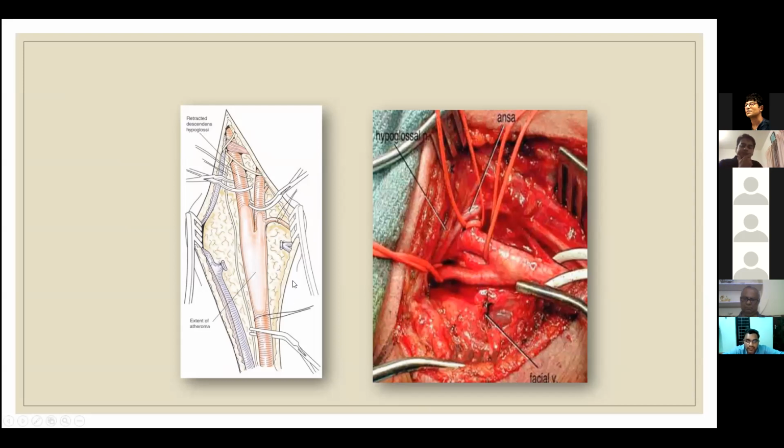Basically, this is a minimal-touch or non-touch technique, wherein we are dissecting the body away from the vessel rather than the vessel away from the body. We never touch around the dissections until we clamp. So the surgeon has very good control over how we are manipulating around the bifurcation, and there is less chance of embolization during the procedure.